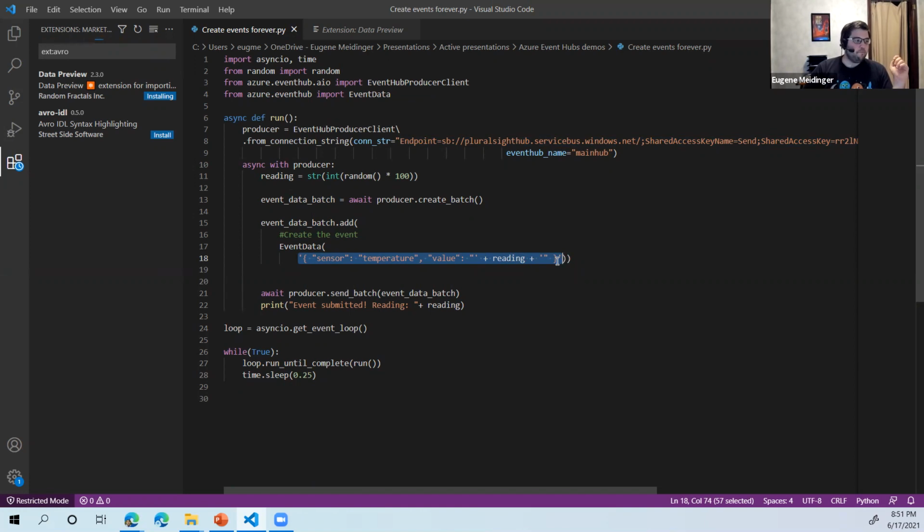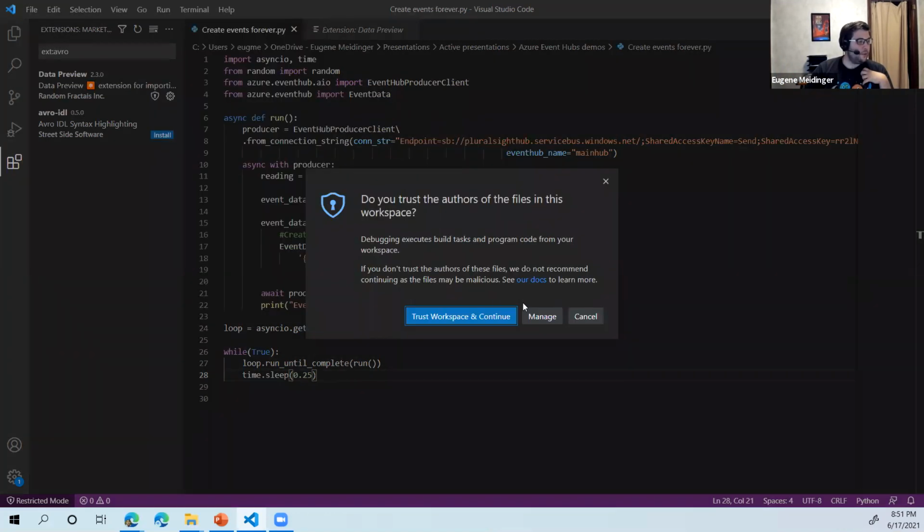So here I'm making this JSON data saying, okay, I've got a temperature sensor and it's got a certain reading. I'm making a batch, adding to that batch, and then sending it up. Normally you want a batch that's more than just one event, right? And so here I just run it forever, and every quarter of a second I'm creating